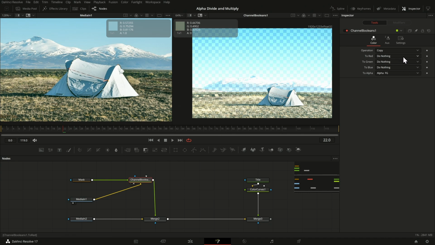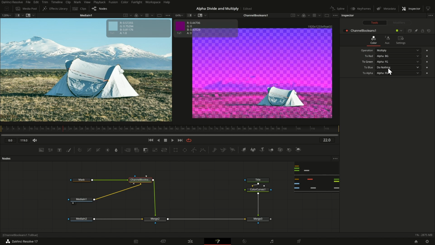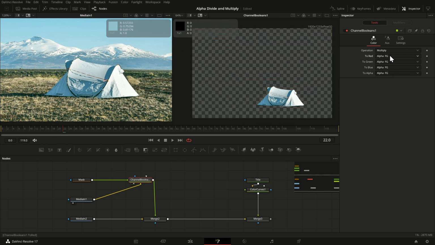In principle, we could multiply directly in here. We could, instead of copy, say multiply, and then I would need to set this all back to alpha so that the alpha channel is multiplied. Alpha foreground, like this. And something is missing. Oops, background, alpha foreground. And now I am getting what is expected. So my color values are being adjusted for the alpha values.